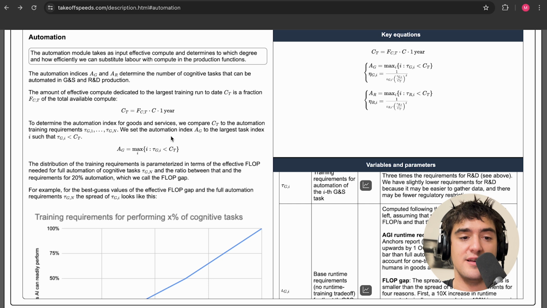So the main intuition here is that you have some amount of compute from before, and you're saving some amount of this compute to do more training. And once you have a task that you can dedicate a lot of compute on, you just spend this compute to do a large training run. And with this large training run, you have a model that knows how to do a task. And then once you have trained your model to learn this task, you can just do inference and spend much less compute. So it's basically a model where you spend a lot of money to train something on a task, and once you know how to do the task, you don't have to spend that much compute anymore.